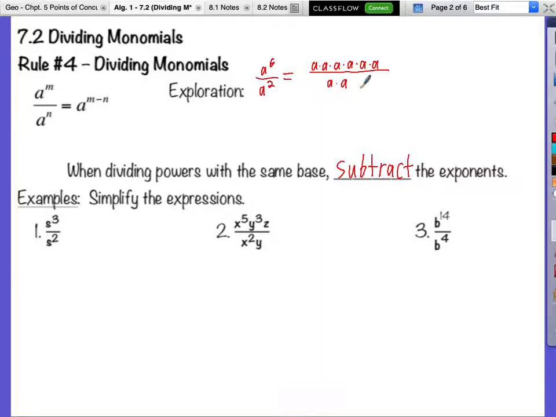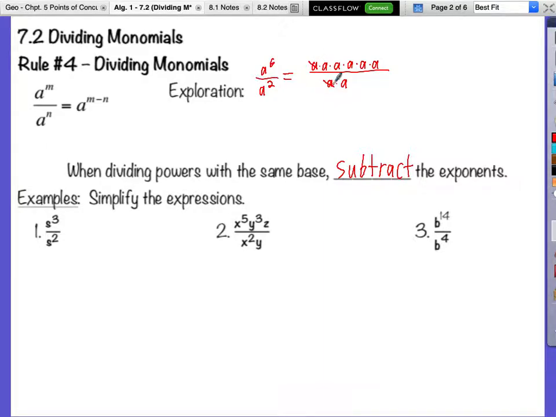We don't want to say cancel, because cancel gives us the thought that it goes to 0. But what happens when you divide anything by itself? You get 1. So we don't want to say cancel. I say divide out. It's a little bit of a different word. I just like to call it divide out. So we can divide out